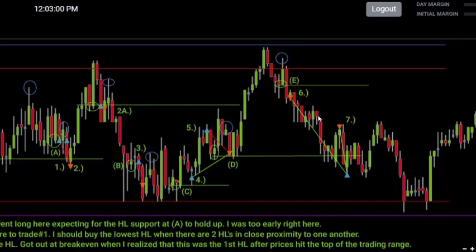So that's one of the reasons that you see prices start to sell off right here and come all the way back down to retest this prior higher low that we established at D. So once I saw that high volume candle get broken through, I said, okay, if prices ever come back to retest that level, that's exactly where I would want to short from, because for one, we had a break of